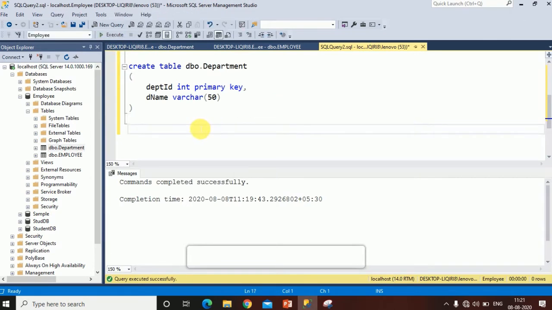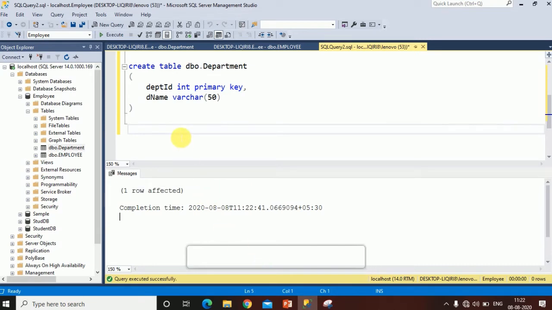We'll navigate to SQL Management Studio. We'll now create a foreign key and check how it enforces data integrity. For creating a foreign key constraint, we'll use the command ALTER TABLE. The name of the table is the one in which we have to create the foreign key: the employee table.